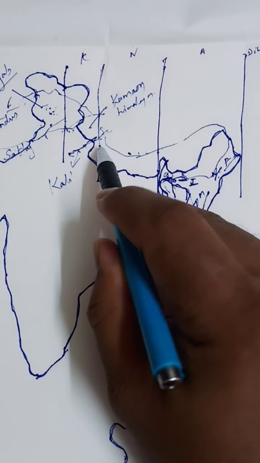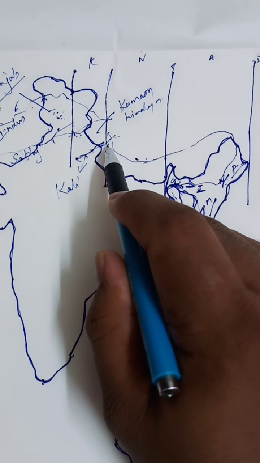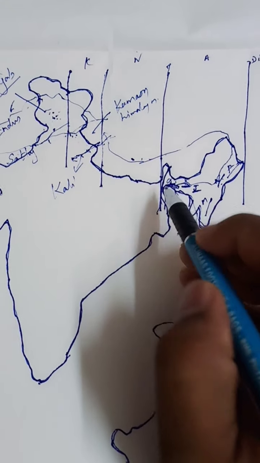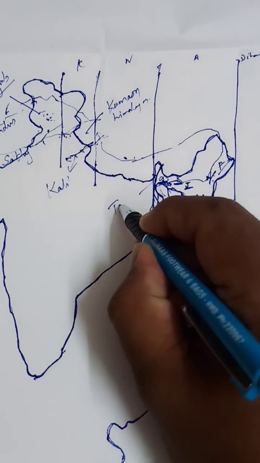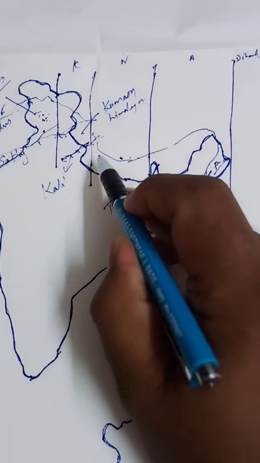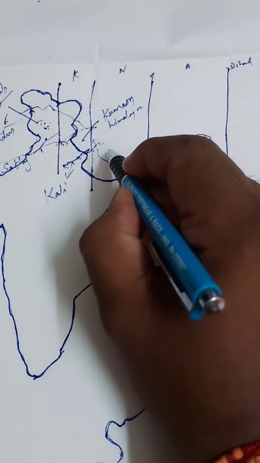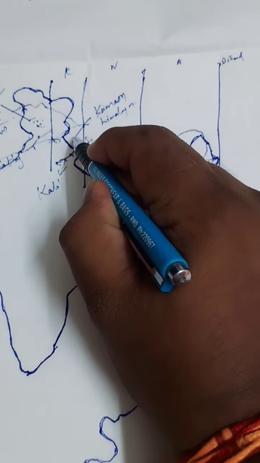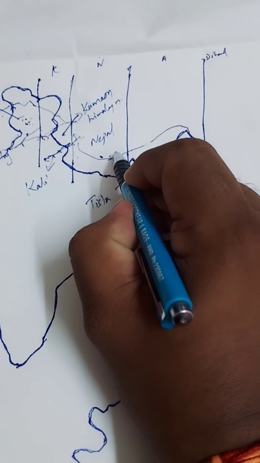And the third longitudinal classification of Himalaya is lying between Kali River and Tista River. Which river is this? So there is a river here called Tista River. So this region is called Nepal Himalayas. What do we call it? Nepal Himalayas. See the name written here, the arrow mark is over here. So this region is called Nepal Himalayas.